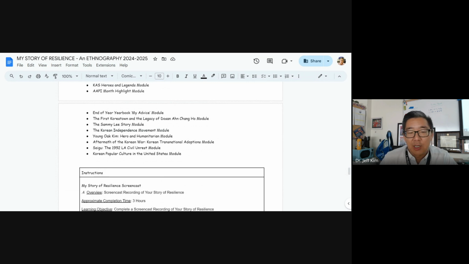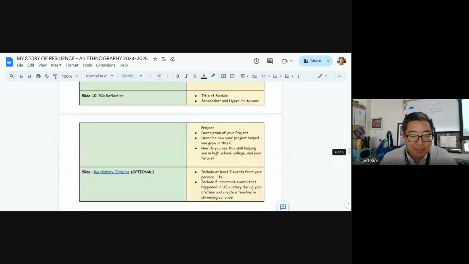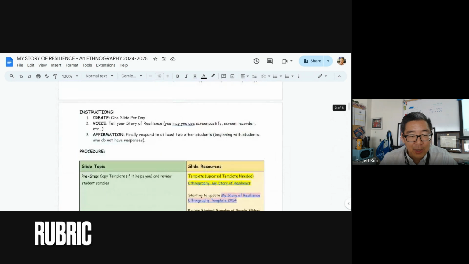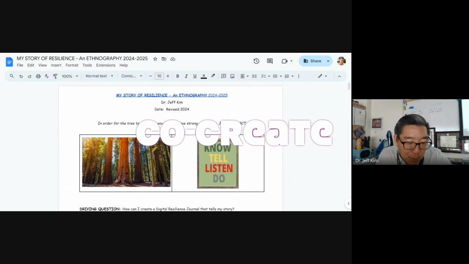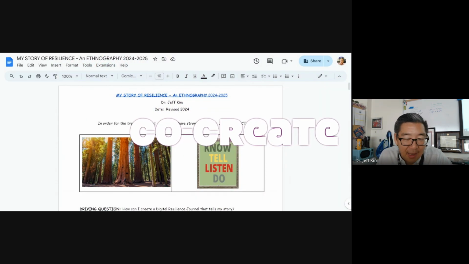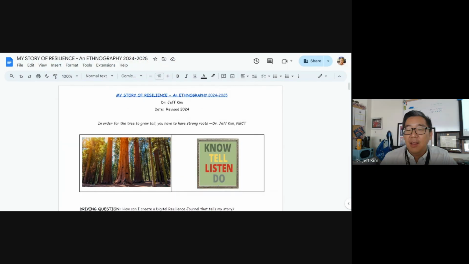So even though those are separate modules, it can connect to this foundational module on knowing their own story. I thought I did have my rubric on this page, but I don't. But I do have a rubric that I like to use that usually talks about some of the things that we want to see highlighted. Students oftentimes help with the creation of that rubric, and then when we do the work, the students are oftentimes self-assessing themselves on where they're at so they can improve themselves, their peers can support them, and also, of course, so that I can give them feedback as well.